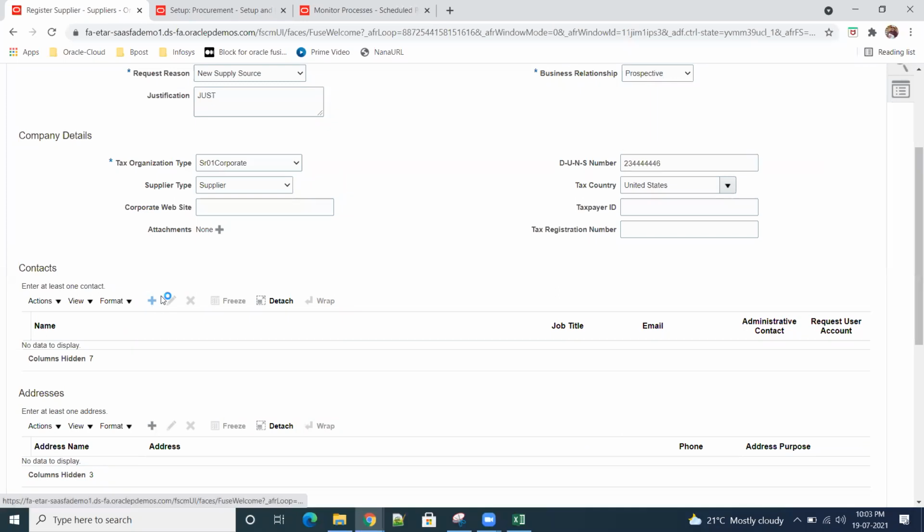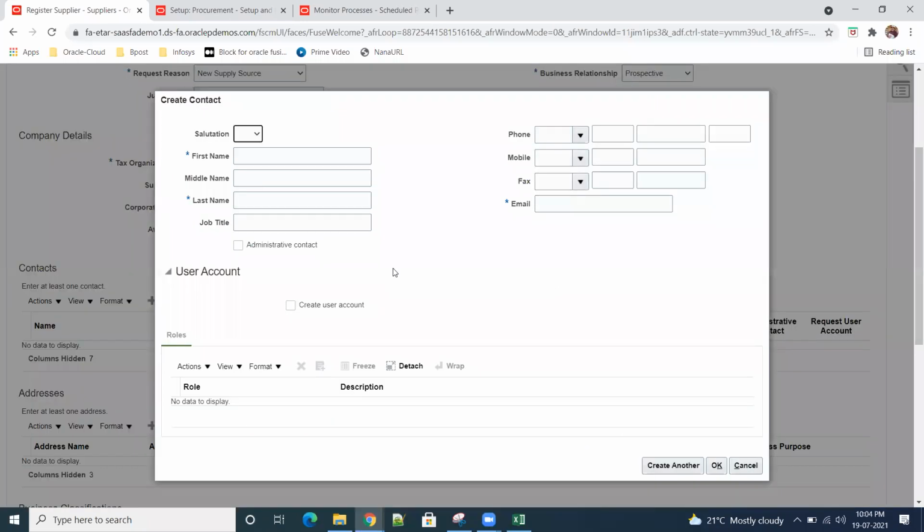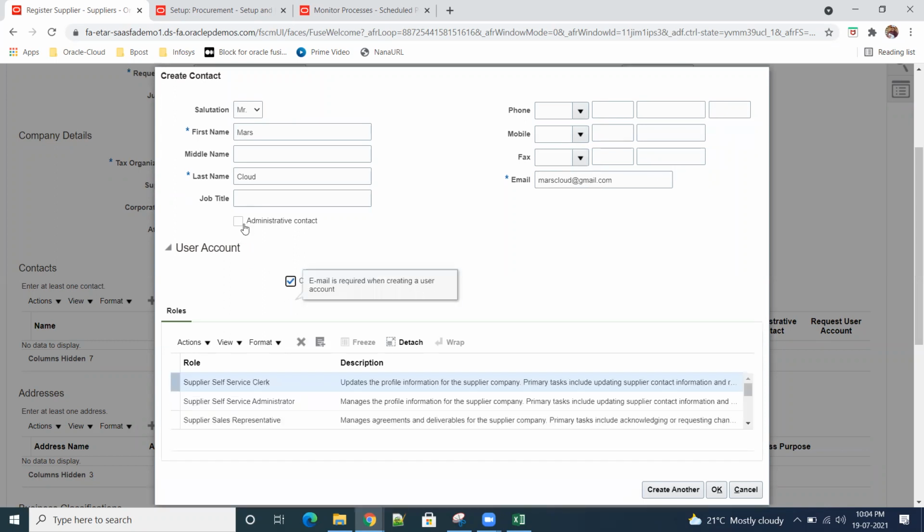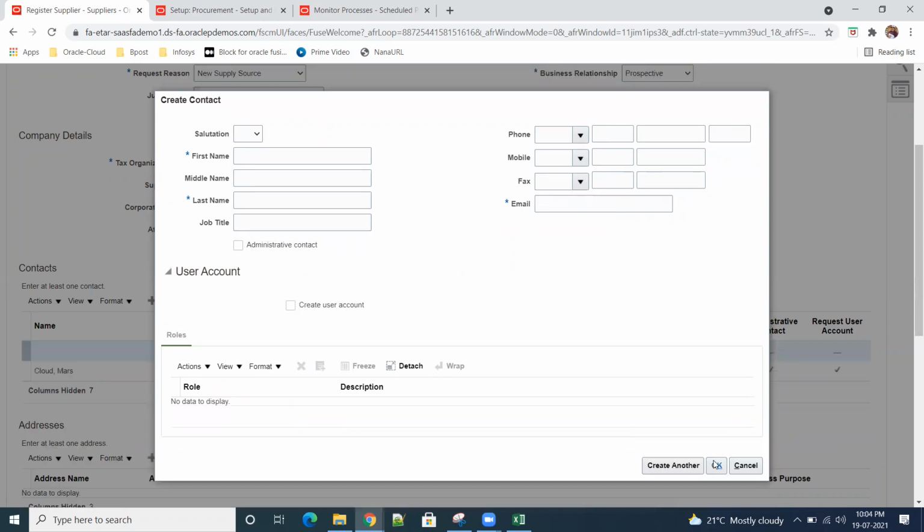Okay, so contact, Mr. Matt's Cloud, gmail.com. Create this. See, this administrator account. Okay, so one person. Creating another is not required.